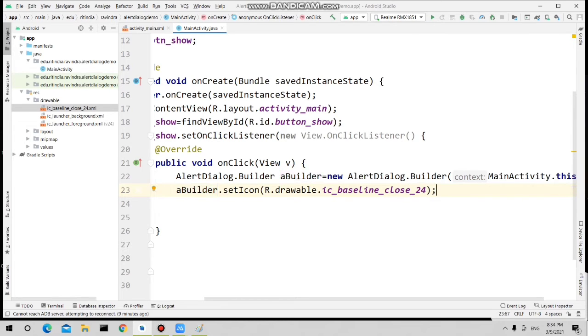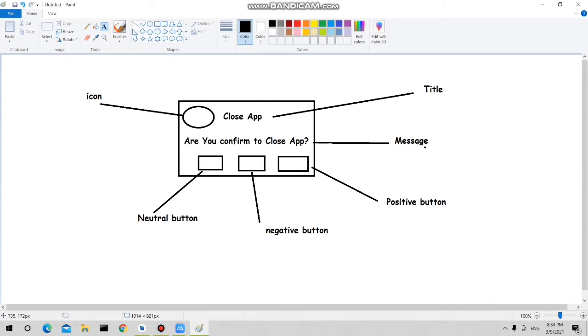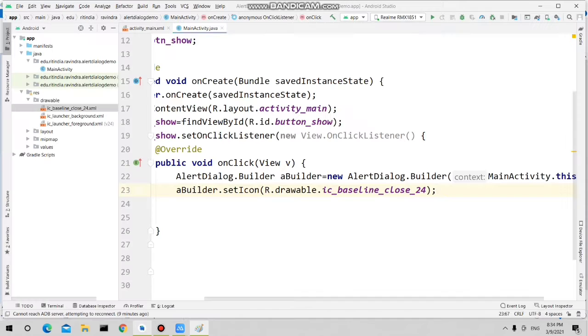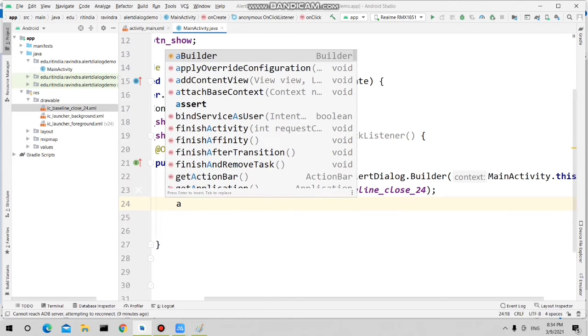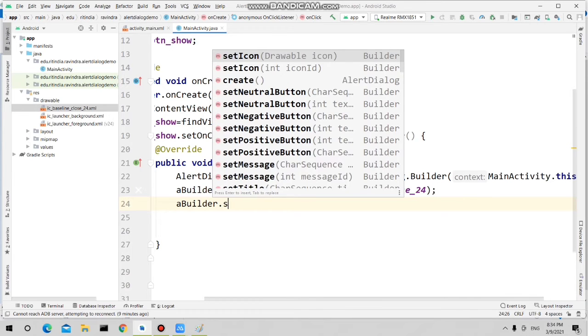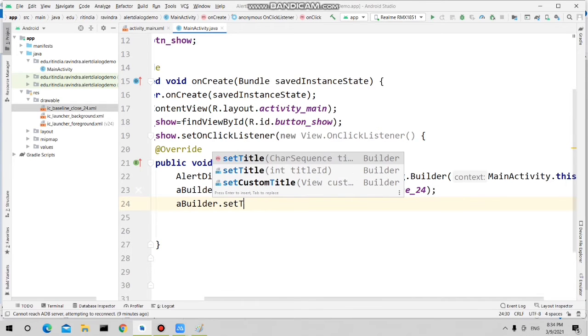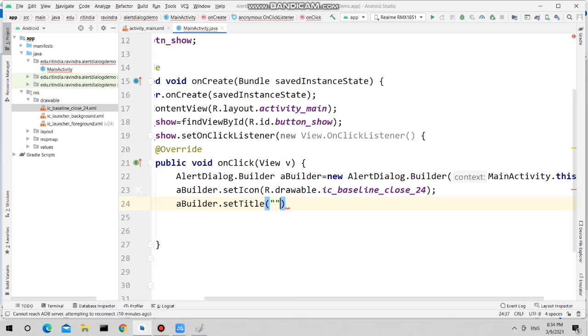Now next thing is, you need to set the title. So again, builder dot set title and give the title. I'm giving Close App as the title.